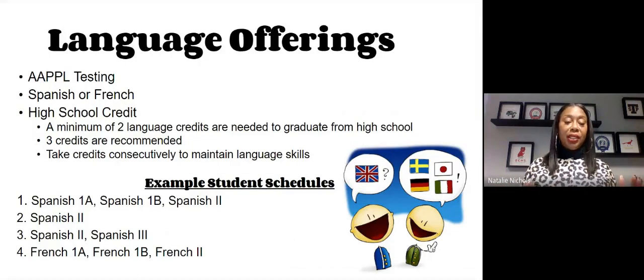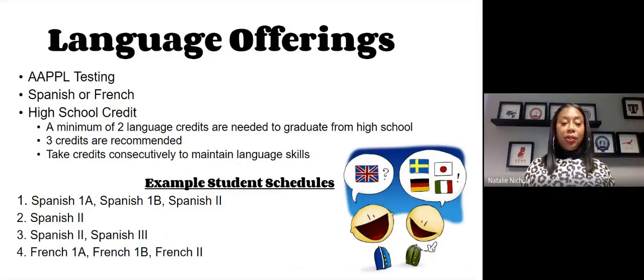So they can earn the first level, Spanish 1 or French 1, which means then they would have to start either Spanish 2 or French 2 in 6th grade. Because we always want, when our students are taking a language, for it to be taken consecutively so that they do not lose any of the skills that they have obtained.